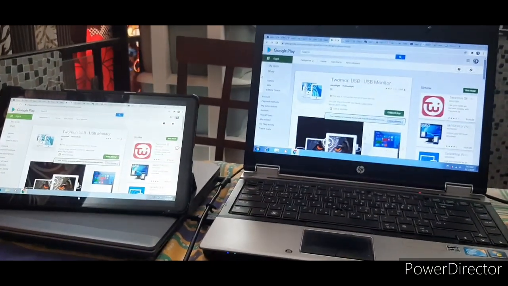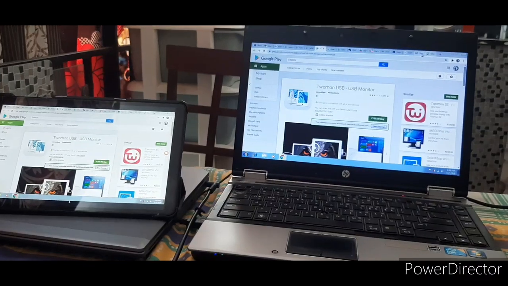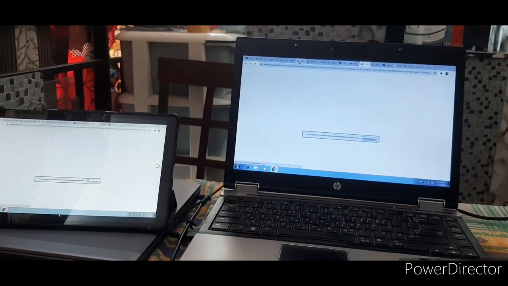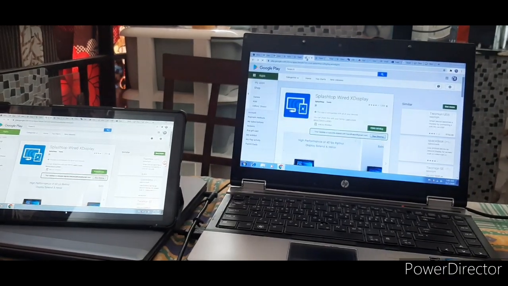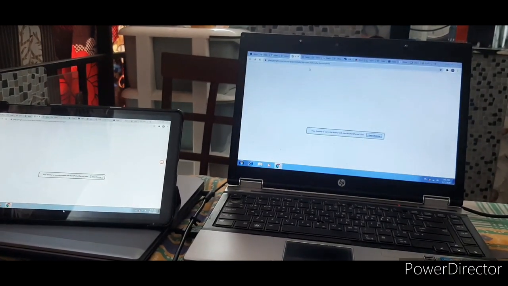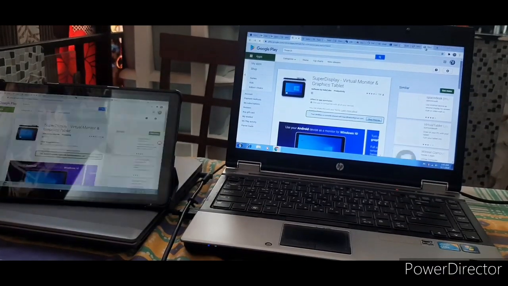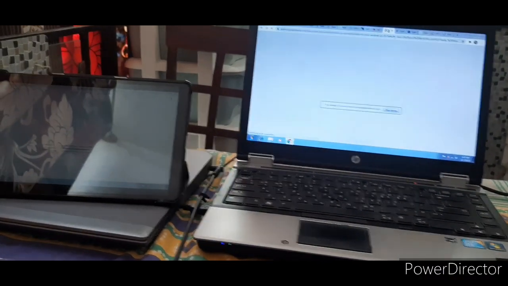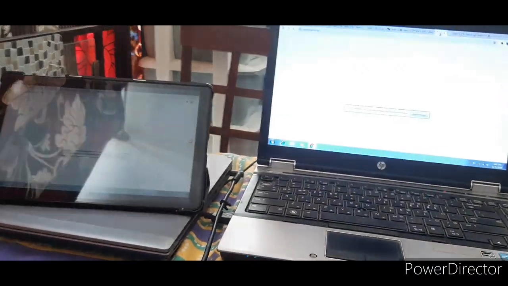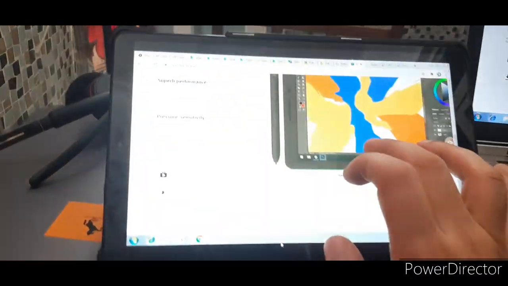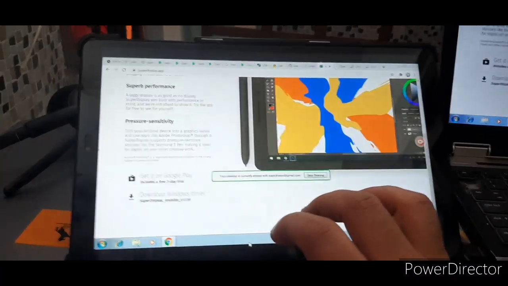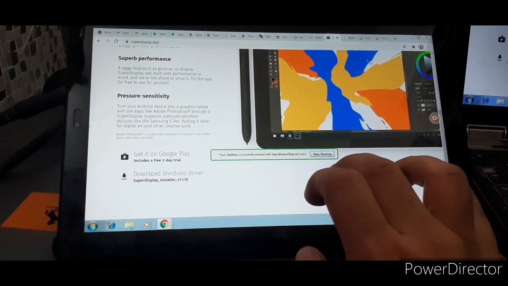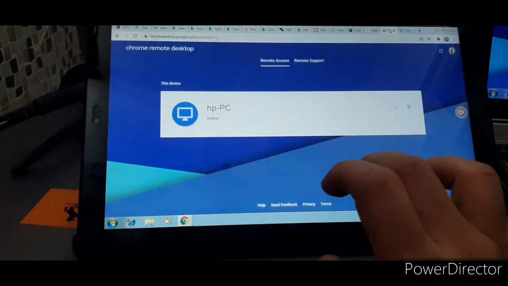Now you can see both the devices are connected, and whatever changes I make on one system will be directly reflected on my PC as well. It is working, and moreover I can operate my system from here. If this is my tablet and I want to click somewhere on another tab, I can go to that page from here.